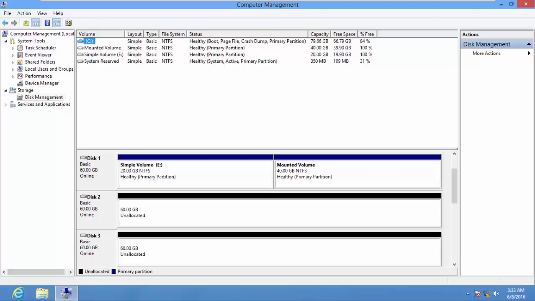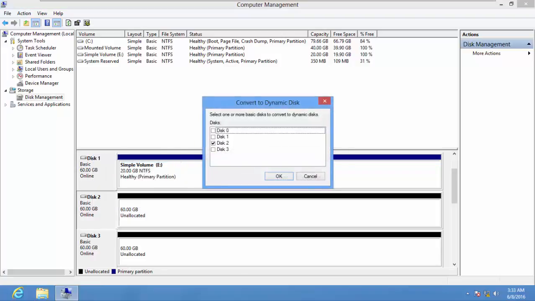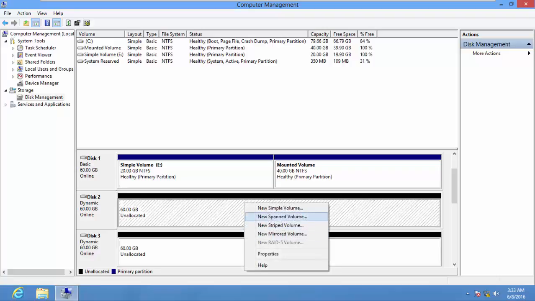So you need to convert this disk to a dynamic disk by just right-clicking on disk 2 and selecting Convert to Dynamic Disk. And then I'll also add disk 3, this one over here, and I'll go OK over here to convert these two disks to dynamic disks. As you can see, as soon as we've completed the conversion, the name has changed from the default basic to what? Dynamic. So you can right click here and select mirrored volume,